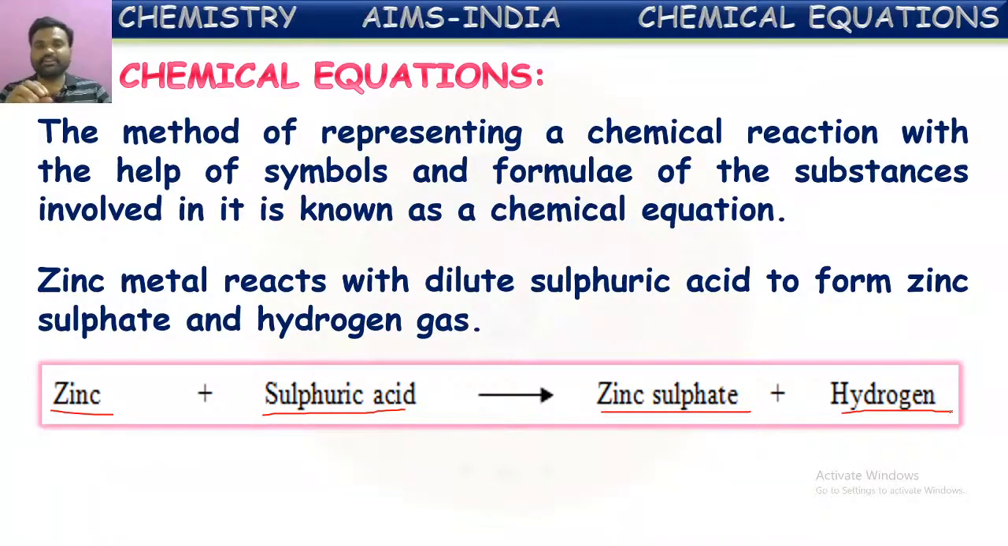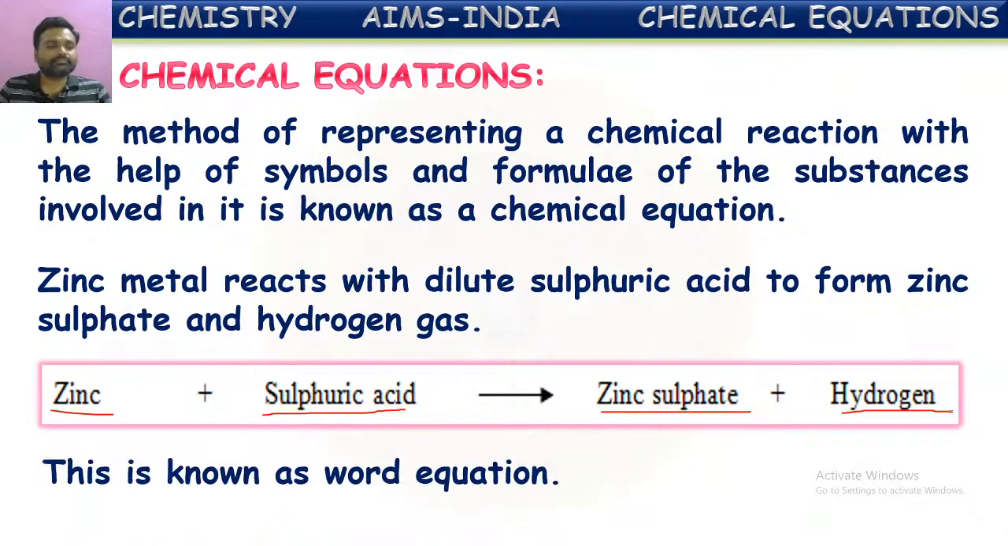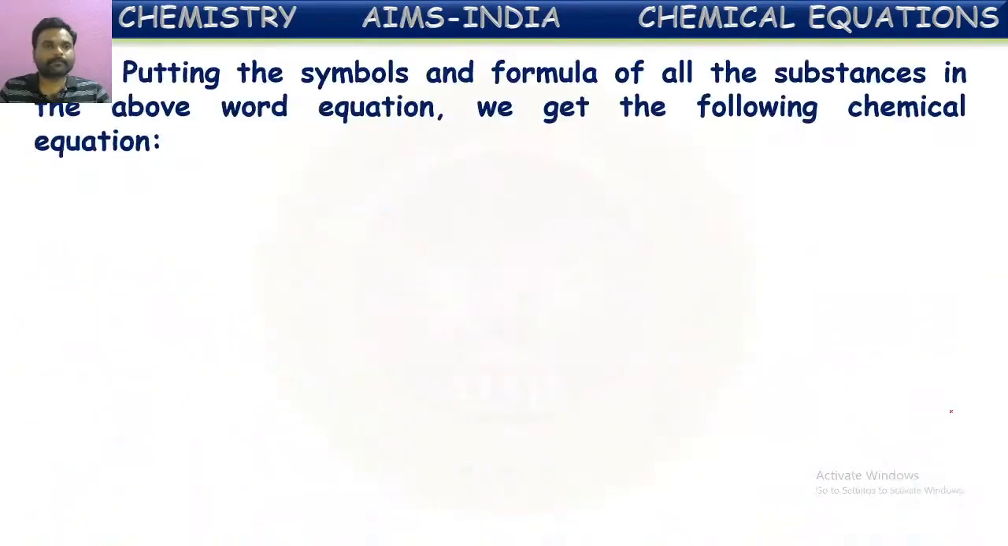Here, instead of using formulae, we have written names directly. So this is known as a word equation. In place of words, if we use symbols and formulae, then that is called a chemical equation. Putting the symbols and formulae of all the substances in the above word equation, we get the following chemical equation